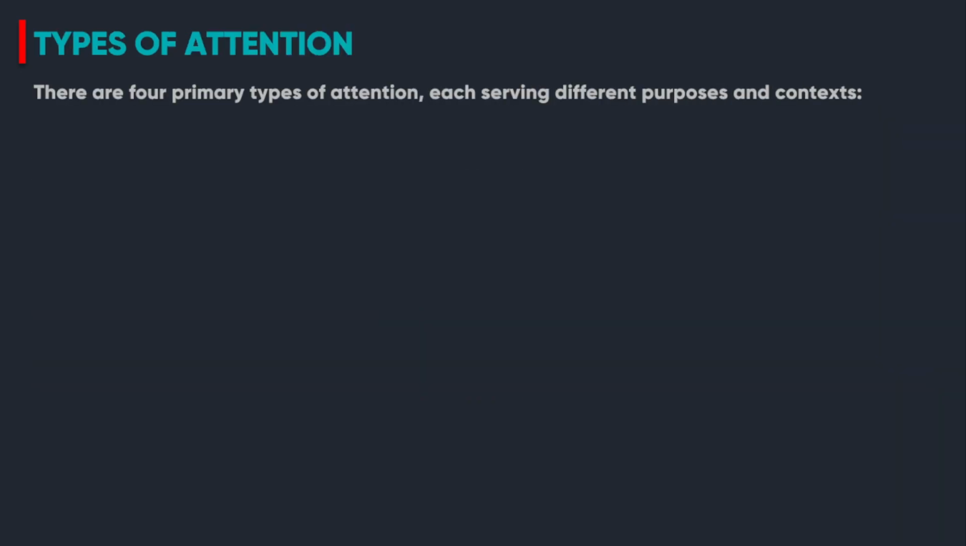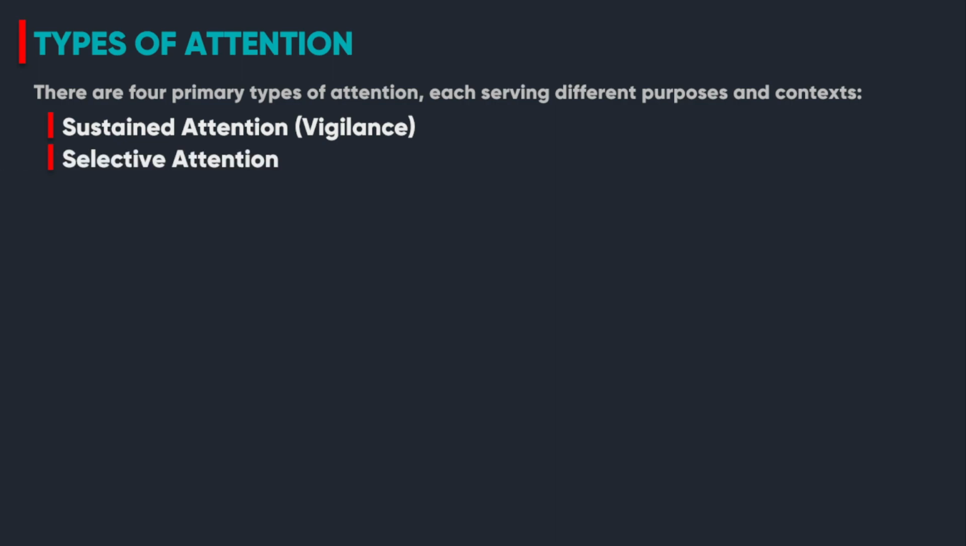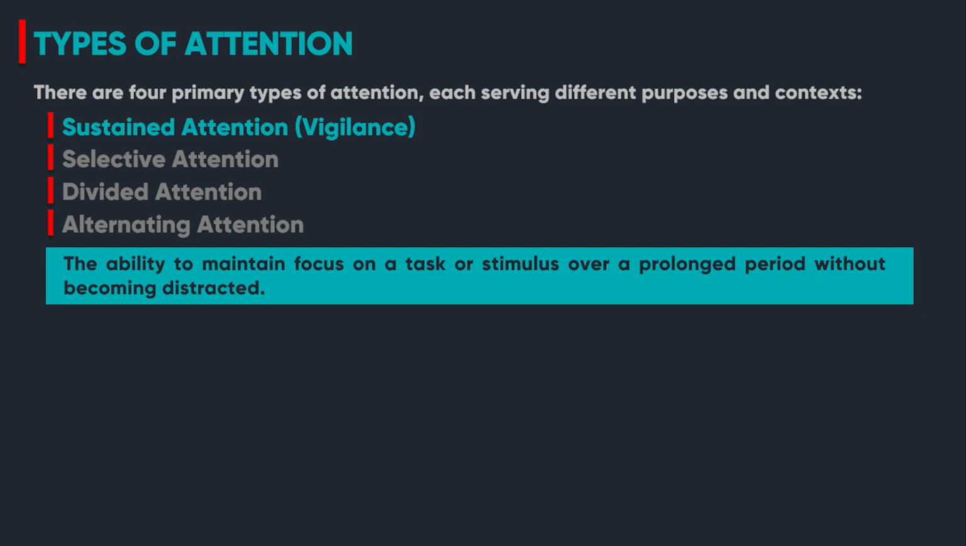Now, types of attention. There are four primary types of attention, each serving different purposes and contexts. First is sustained attention or vigilance. Second, selective attention. Third, divided attention. And finally, alternating attention. Sustained attention is the ability to maintain focus on a task or stimulus over a prolonged